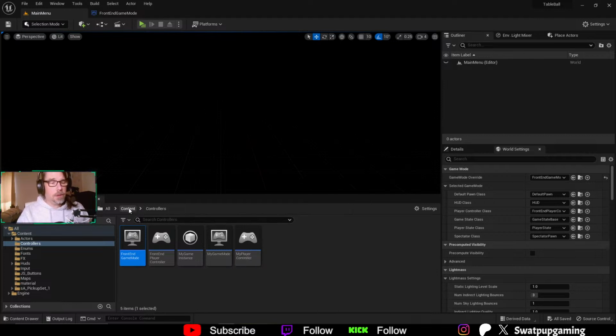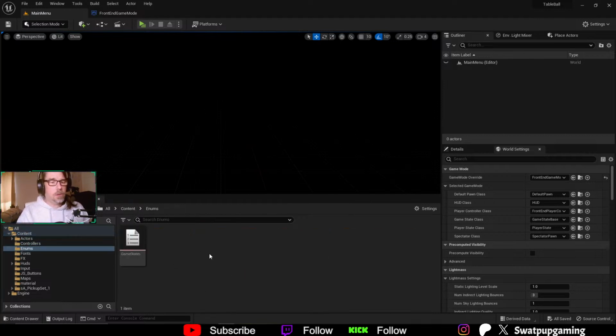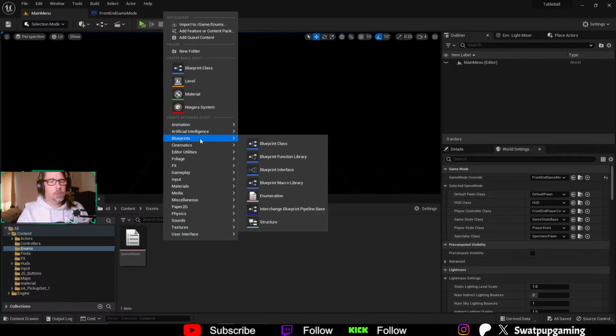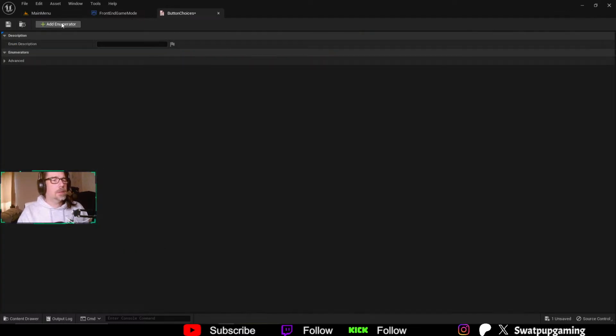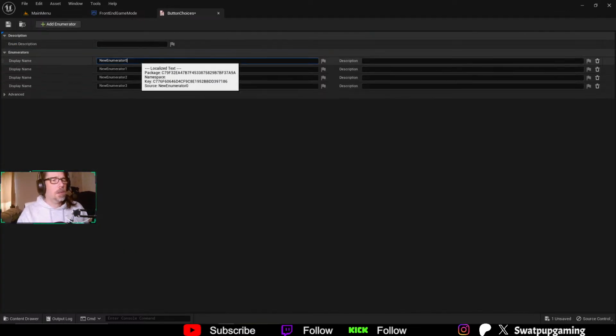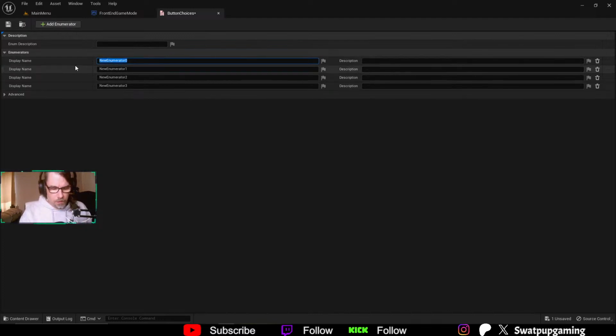So we're going to go into our enums, and we're going to create an enum. So we're going to go into blueprints, and then we're going to do enumerations, and we're going to call this button choices. Let's go into that, and we're going to create some new states here. The first one is going to be new game, and I'm going to have one called load game, and we're going to have one that's called